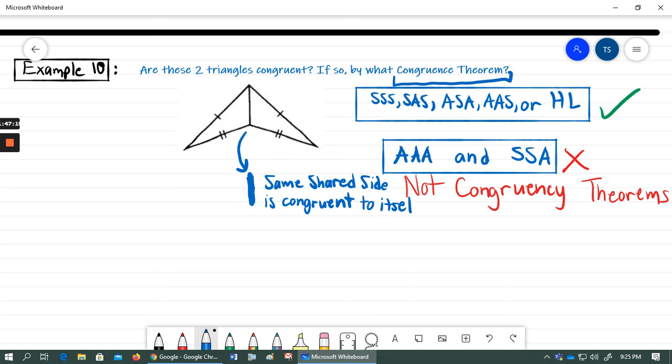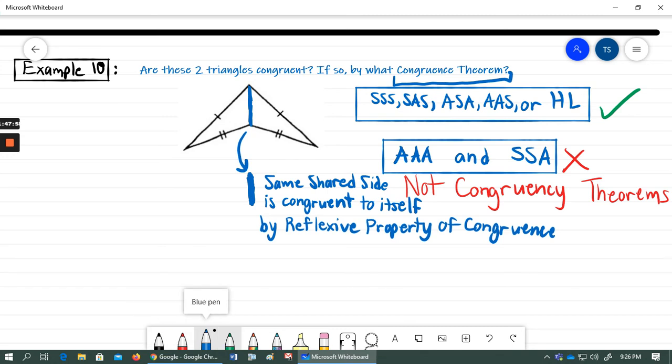Alright, it is congruent to itself. And we know that it's congruent to itself based on what the reflexive property of congruence says, because any geometric figure is definitely congruent to itself. So based on us knowing that this same side is congruent to itself, then what that means is that if we go ahead and mark out all of this stuff that we know,